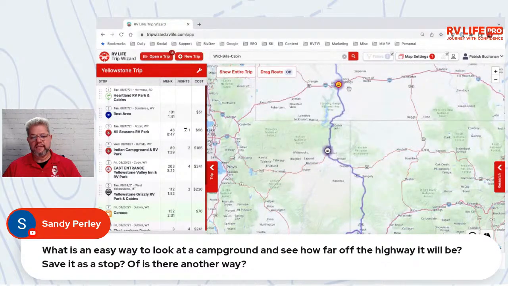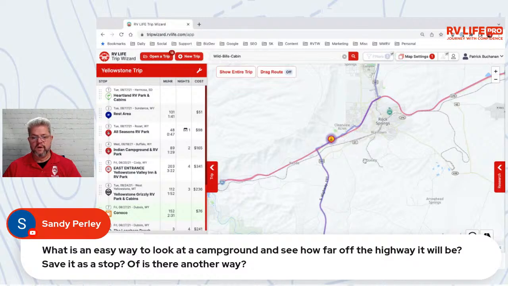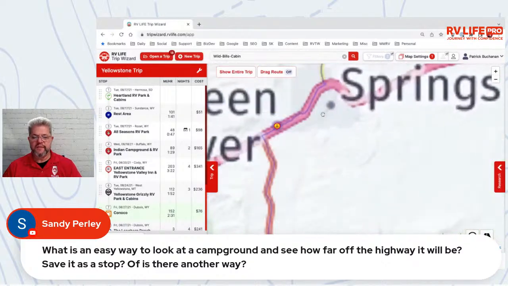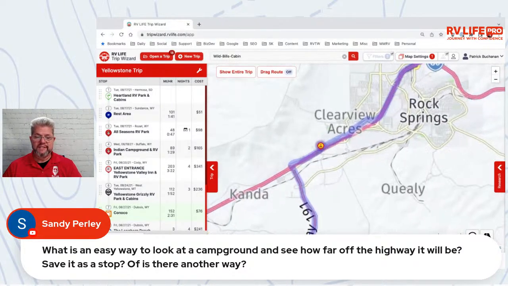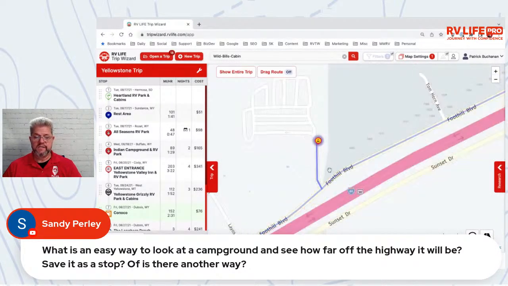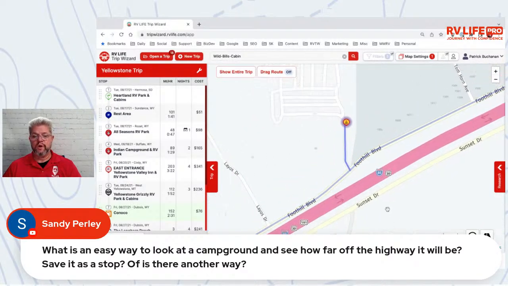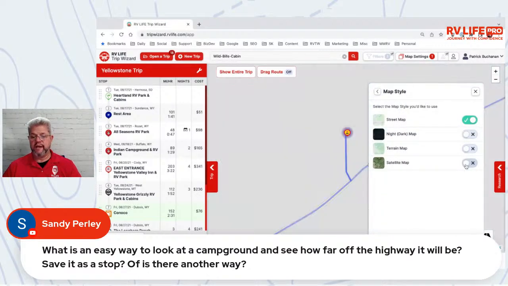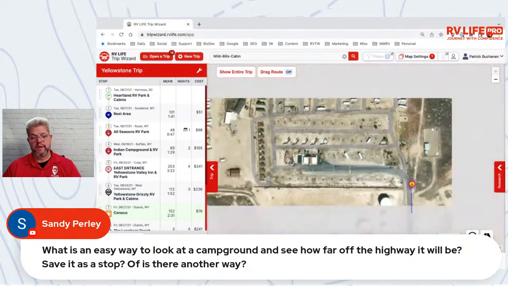Let's look at this KOA right here. I wish I had a better example, but this is fine. At the 30,000 foot view, this thing looks like it's sitting right in the middle of I-80, right? Well, obviously it's not, but how far off is it? I can see here there's a service road and it's actually off the service road. Now, if I want a little better view of that, I can go to satellite view